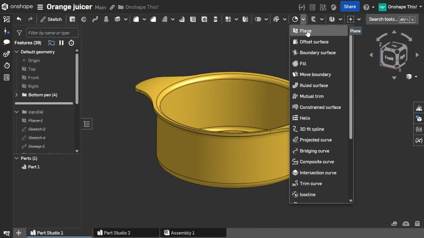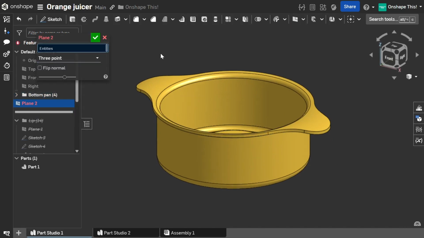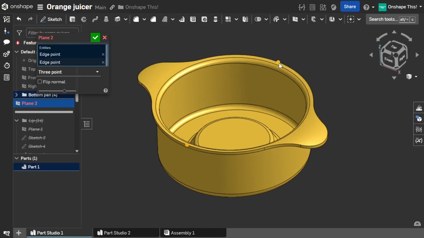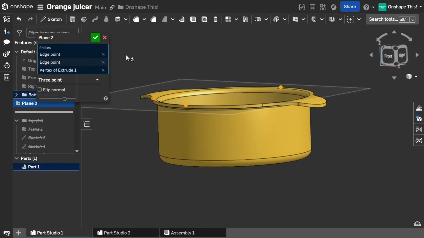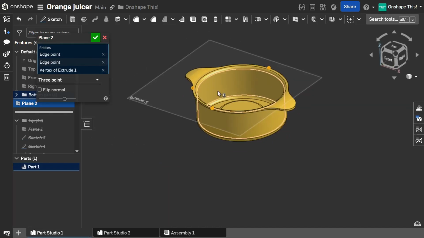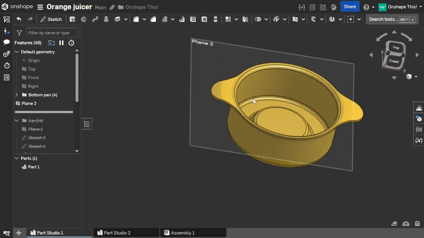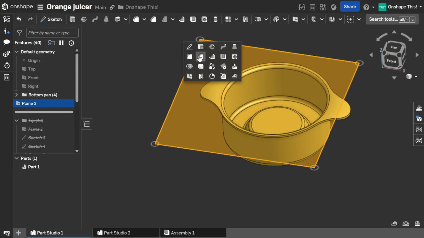I'm going to go into planes, and I think I'll take 3 points and just look for 3 points. All right, and that should create a plane. Let me flip normal here. So yeah. All right, so I'm going to sketch on this plane,